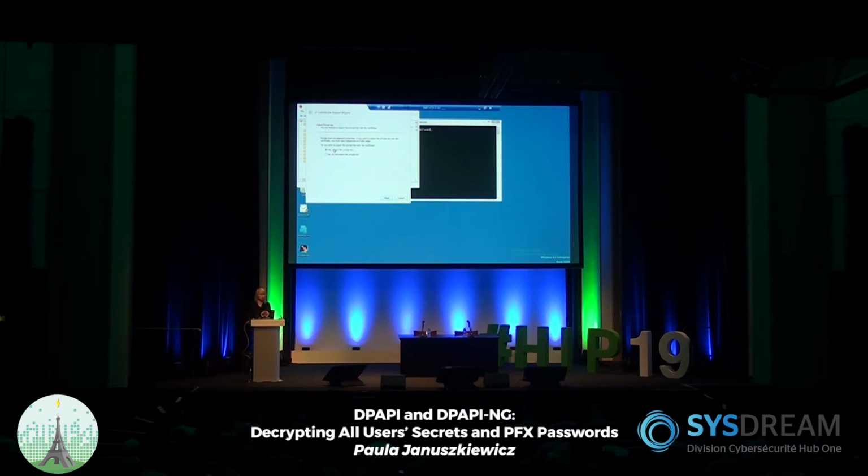And then we have a possibility to export the private key. By the way, even if you don't have a possibility to export the private key, that's not true because you can always grab it from the operating system's memory. So this is quite easy. Mimikatz in PowerShell can do it. But anyway, yes, export the private key, next, and then next, and here's the thing.